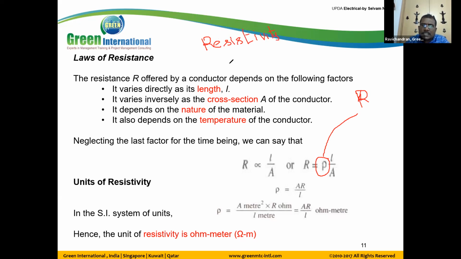Or sometimes some problems mention specific resistance. Both are the same. And in the exam, they ask the unit for the resistivity. So the unit for the resistivity or specific resistance is